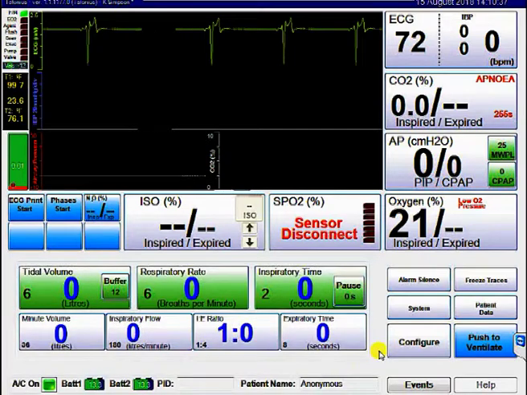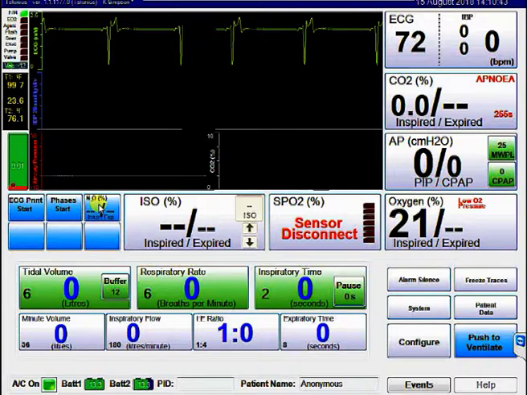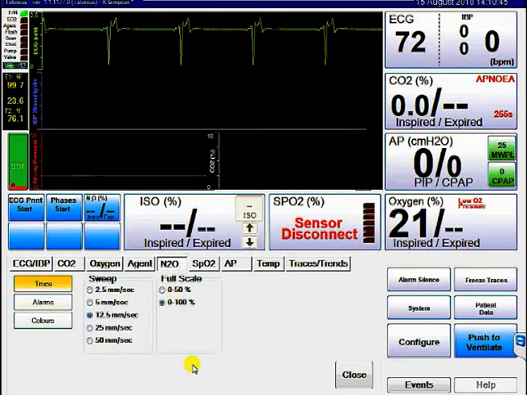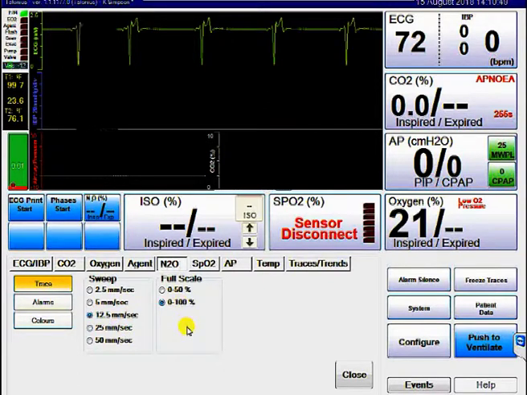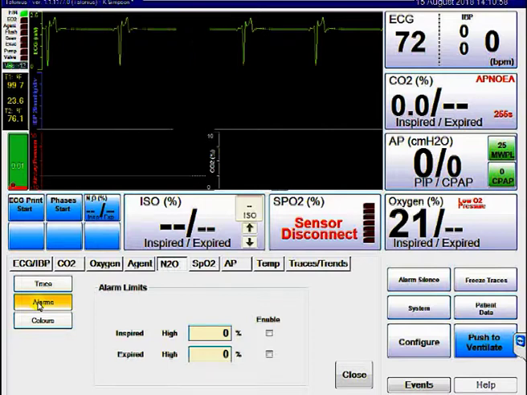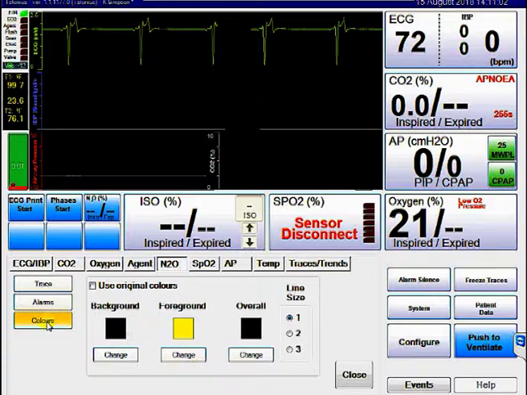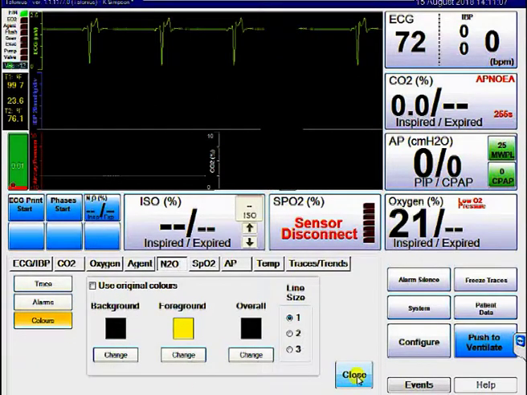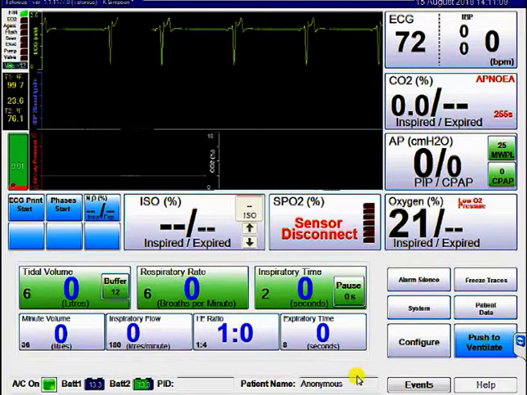I close that. The last one that we're going to look at now is the nitrous button. So click on nitrous. If anybody's using nitrous, then we have the same options for the sweep speed and full scale, or changes in the full scale values between 0 and 50 or 0 and 100. Our alarm values are the same for high inspired or high expired values, and we can change the colour of the nitrous trace, which we'll look at shortly. I'm going to close that now,